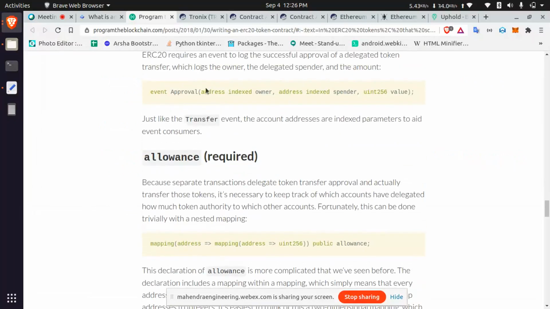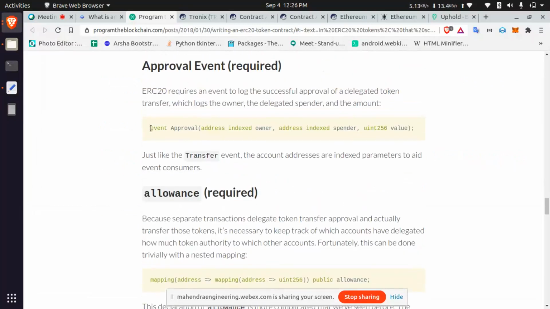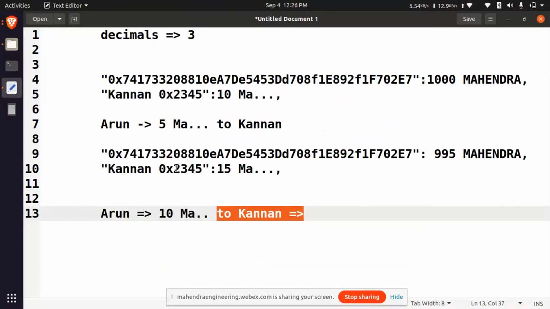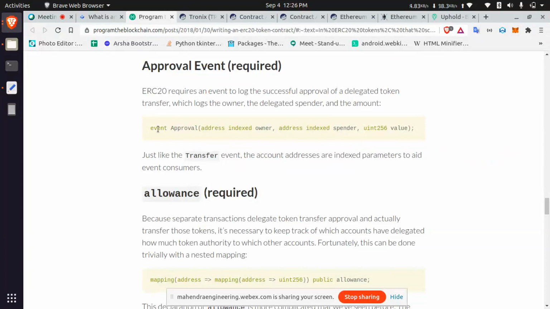For this approval, you are going to approve a count of 10. You can see that this event is also needed in every ERC20 transaction. They show it with these events only: owner address, spender address, value.